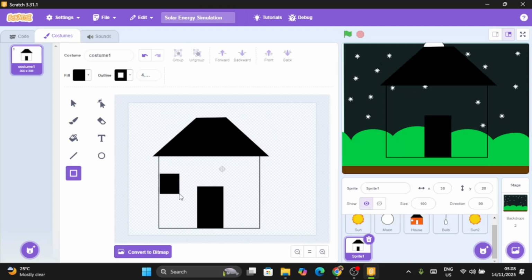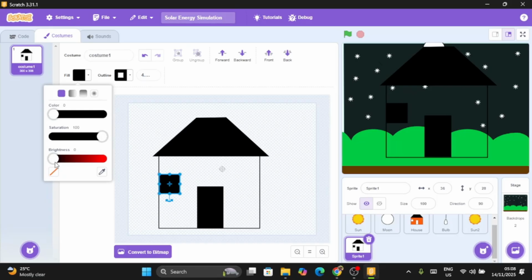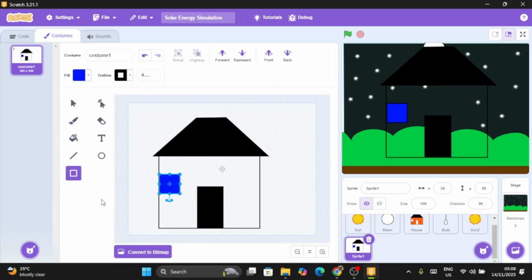Window. Be creative. Do what suits you, like you guys have always done. So create your own two designs, for your door and for your window. Just make it creative. Then do that for your door. Change the color for the door, and when you are done,